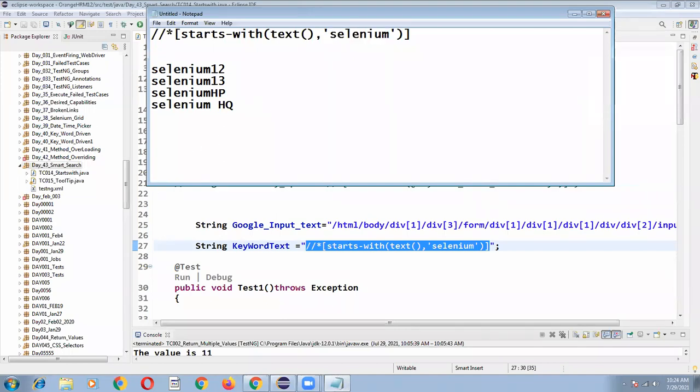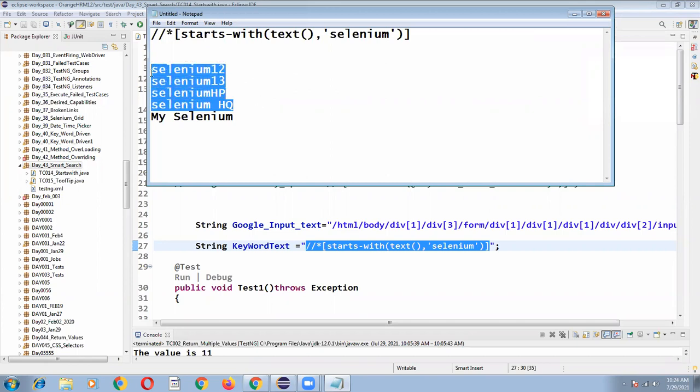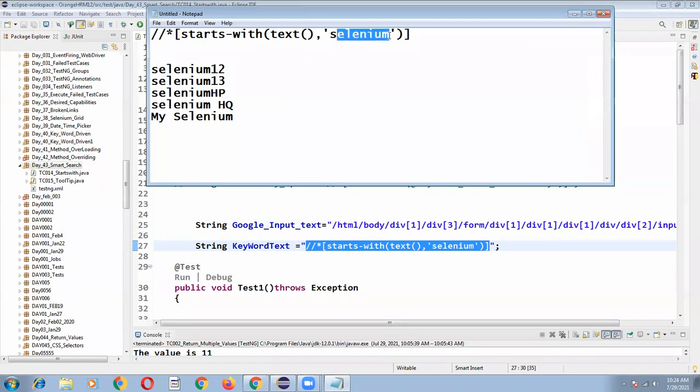Will it also capture this one? It captures only where the text starts with selenium. Okay? So it will identify all the web element information wherever it contains selenium.